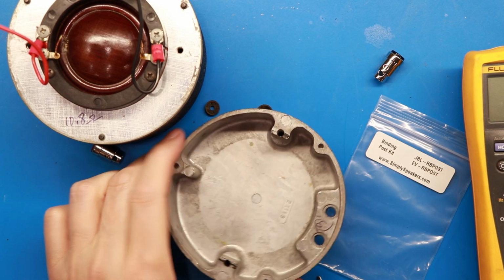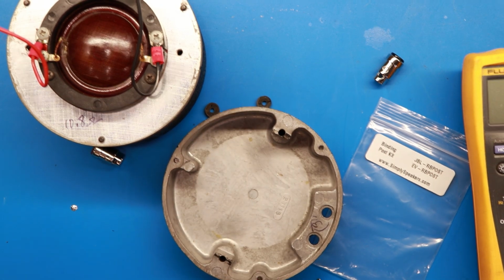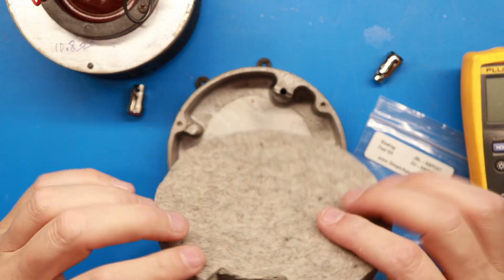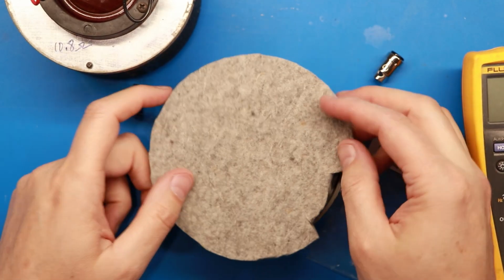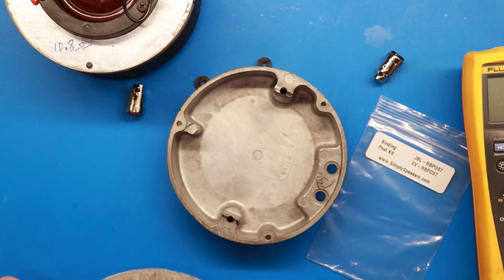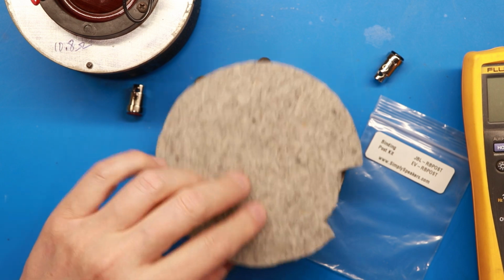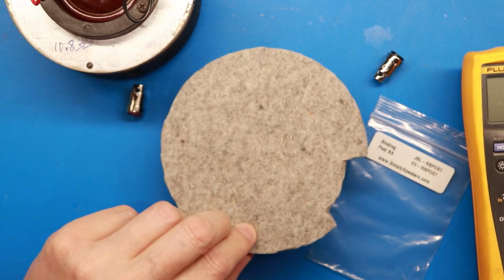And there we go, all ready for my new felt. All right, I found these felt pads on eBay. A guy makes them and cuts them out, and apparently I ordered the wrong size units. So anyway, I'm gonna have to get out some scissors myself and get to cutting here and get this down